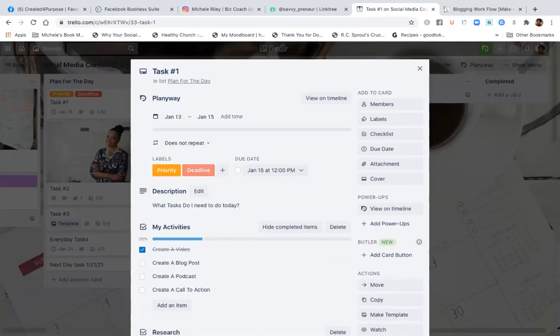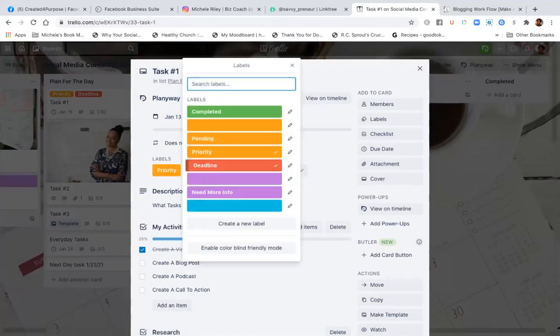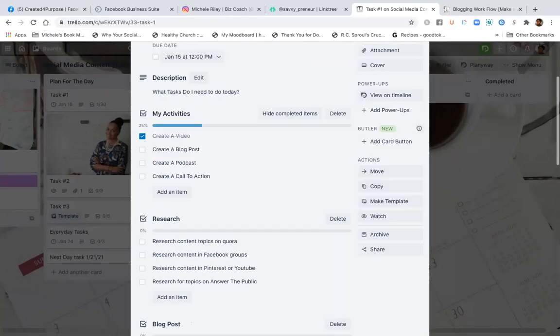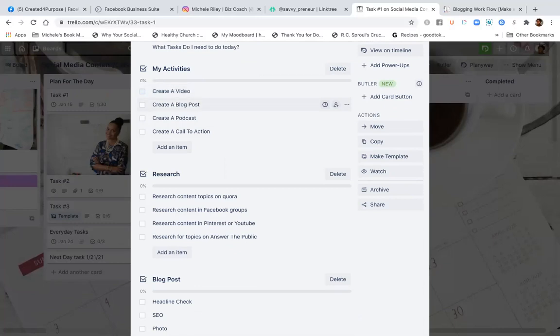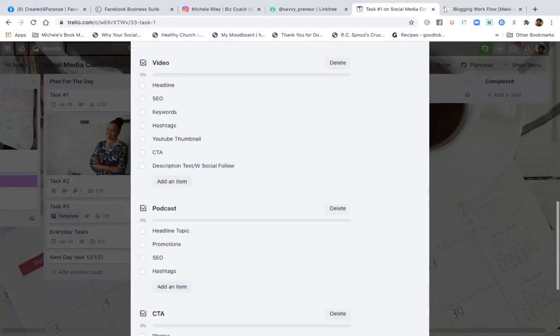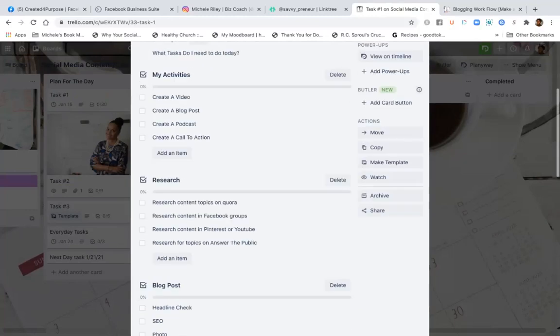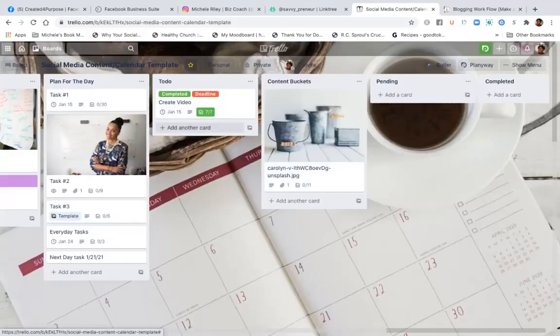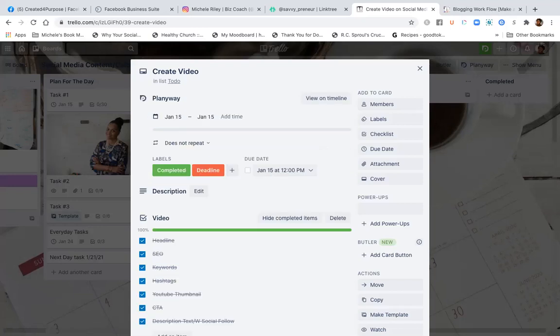It's not something where I would just delete these things, because this is what you would come to every day and determine what you're going to do. And now you know the steps that you need to do to complete that. So it's basically like your guideline. You're going to move over in your to do what it is you're working on and bring that checklist there so you can tick it off as you finish.